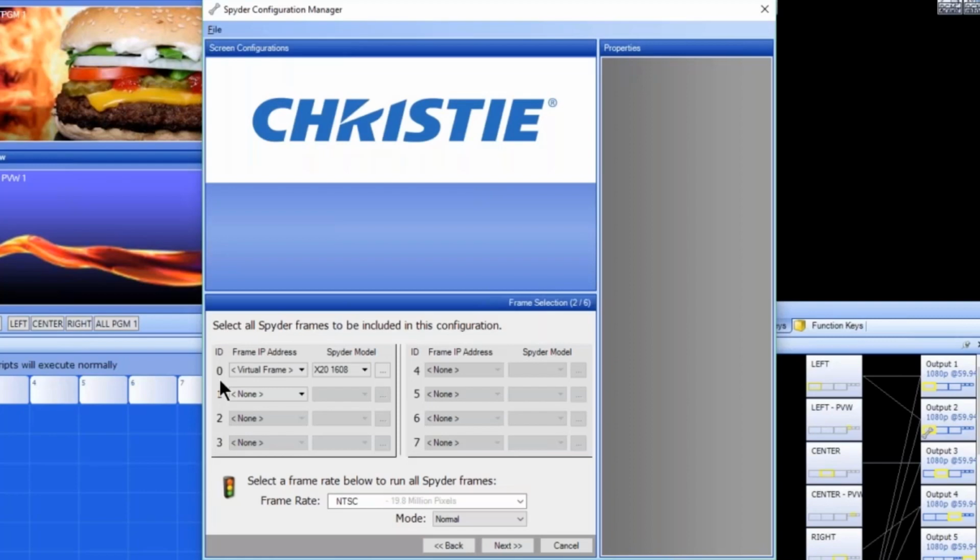Now you can go beyond that, but it's kind of a custom situation, and we would ask that you contact either sales or support to assist you with that. Under where it says frame IP address, we would simply drop down the box, and if we had Spyders on the network that we could see, we would see a list of those IP addresses. If we're offline and we don't have a Spyder, we only get the option to add a virtual frame. Okay, so I'll go ahead and add a virtual frame,